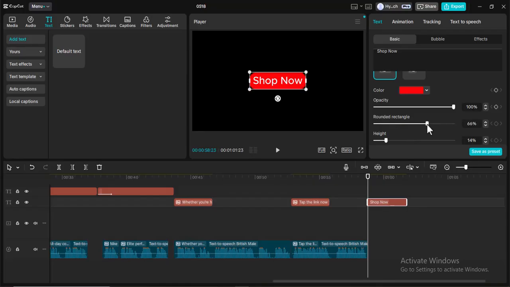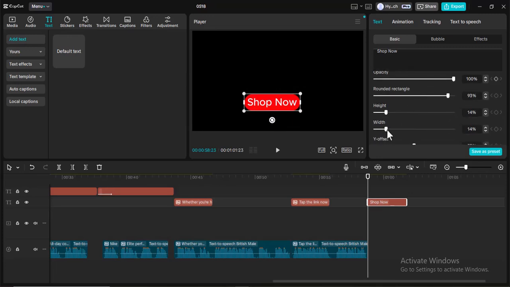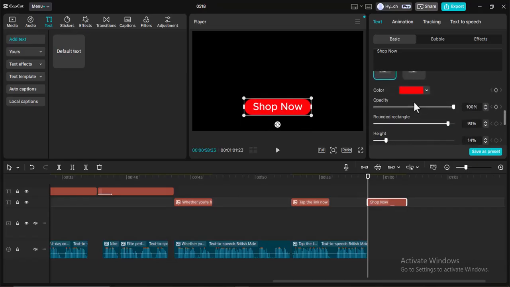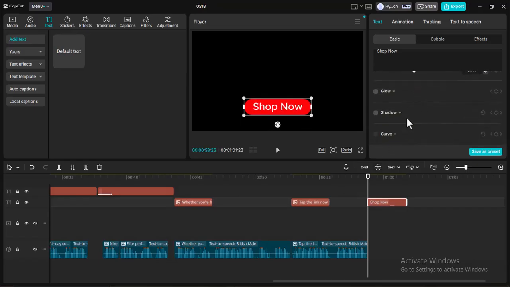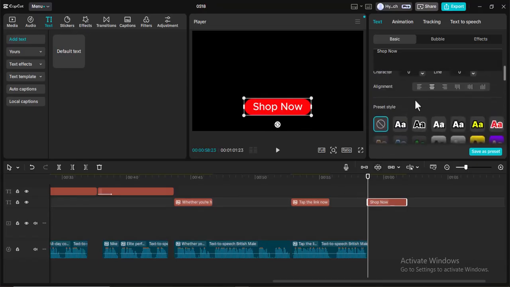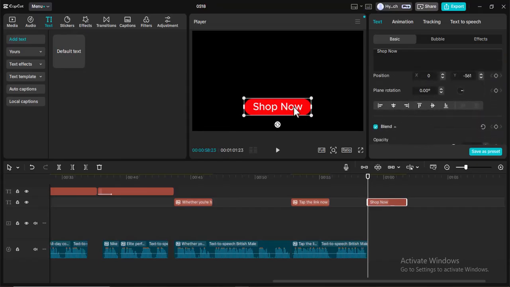Alright, so let's continue to add. You can see these rounded edges. That is what this guy just did for us. Let's increase the width a little bit. And we have a shop now button. We can work with this. But like I said, you can also download a button you like and put it here, so you can use it together